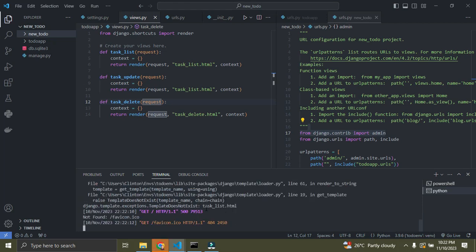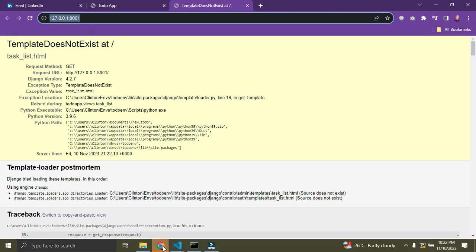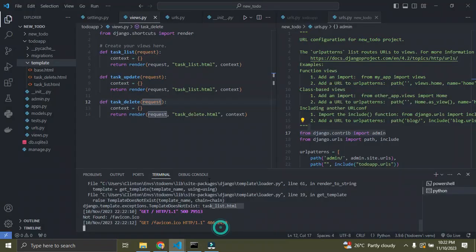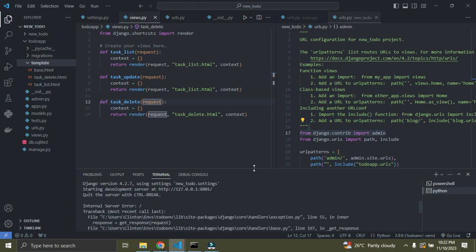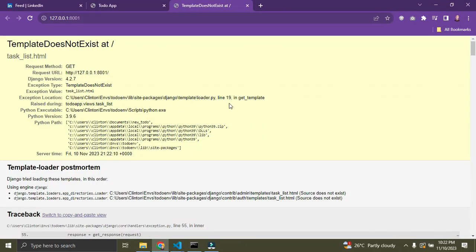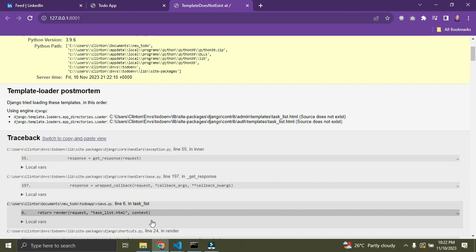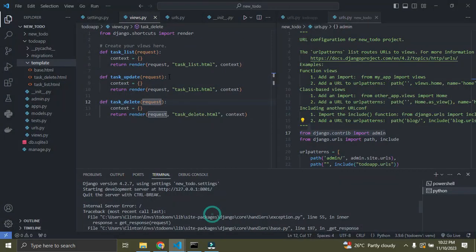It says task.html does not exist. There's a problem now. It can't find this template. So let's see what we've done wrong. Task.html does not exist. Where could the problem be coming from? Let's find the source of the issue. Line 6 in views.py. This should not restart. And return render